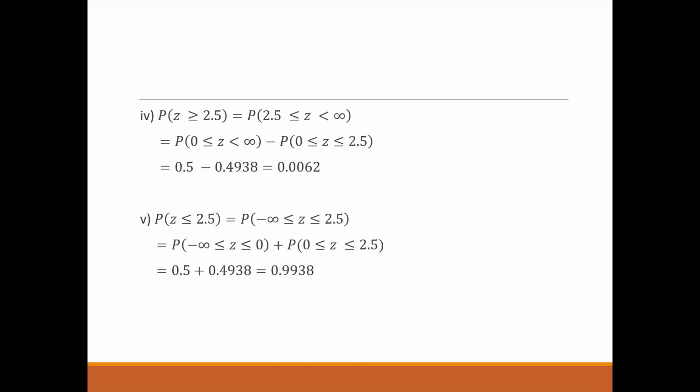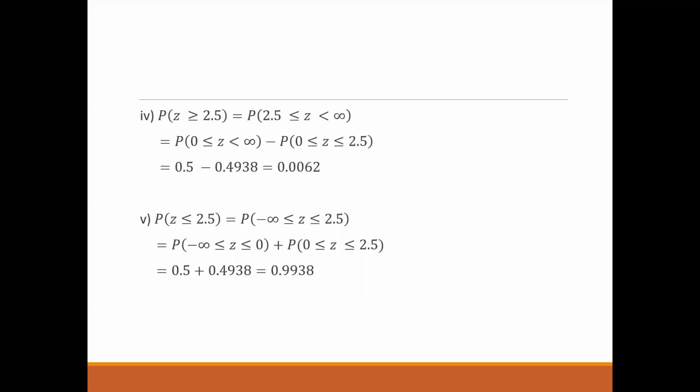Makes sense, guys? I hope you are understanding this. So if I represent this whole thing in terms of the graph, the shaded area will be the full area of the negative part, from 0 to negative infinity, and some part of the positive area, from 0 to 2.5. And that's the reason we have put the plus sign there. Clear?